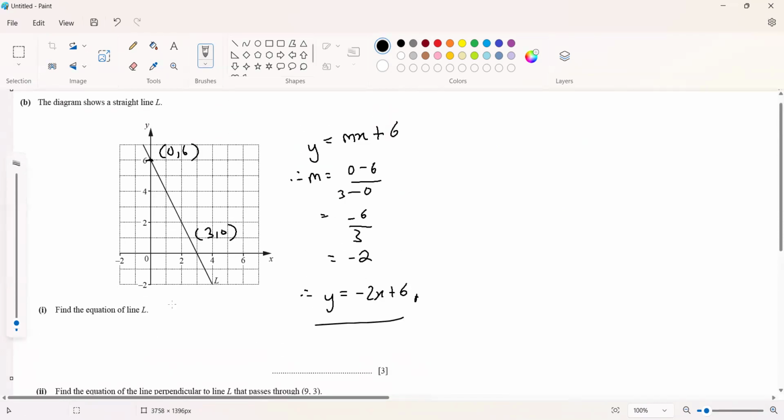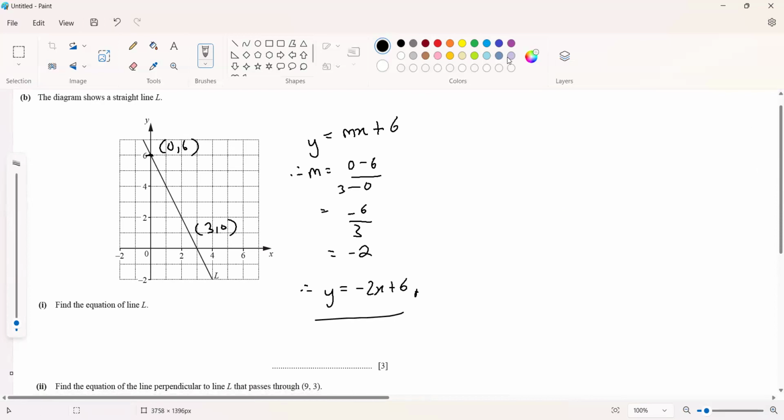So moving on, we have the equation they're asking for. The next one is find the equation of the perpendicular to line L that passes through the given point. To find the perpendicular, we take m1 times m2 equals negative 1. The gradient initially is negative 2, so m2 equals 1 over 2, by dividing negative 2 on both sides. So the equation of the perpendicular